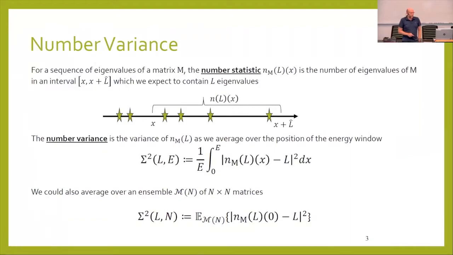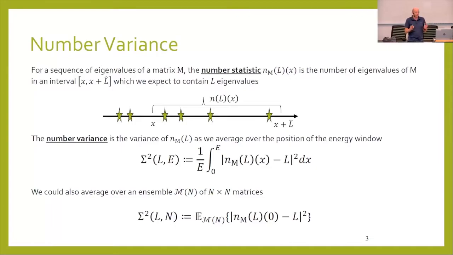So I'll set it up in a general context. I'm given a sequence of eigenvalues. Let me put them on the line, right? The zeros all lie on the line. We just don't know how to prove it. And think of them as eigenvalues of some matrix. And then the number statistic is